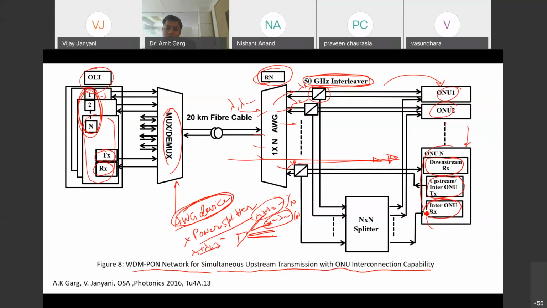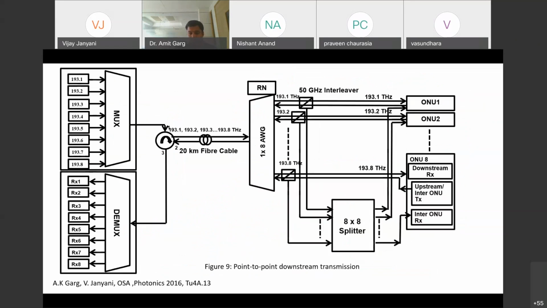And of course, these are AWG devices, and we are also using a power splitter here. So in a way, you can say it is a combination of WDM and TDM, because TDM is only used here partly, but mainly it is based on WDM. So now let us see how it is working.